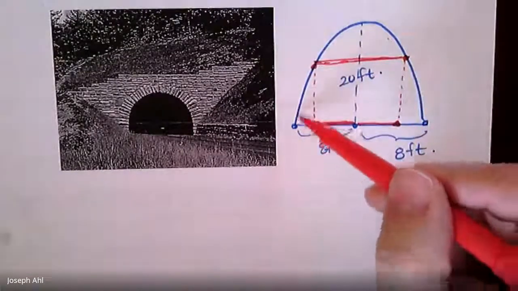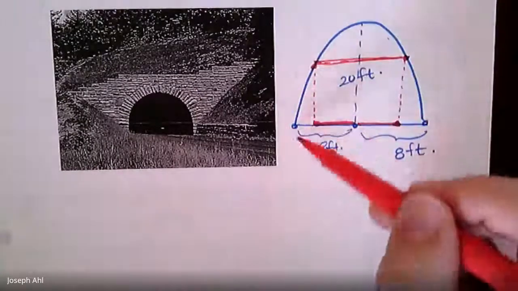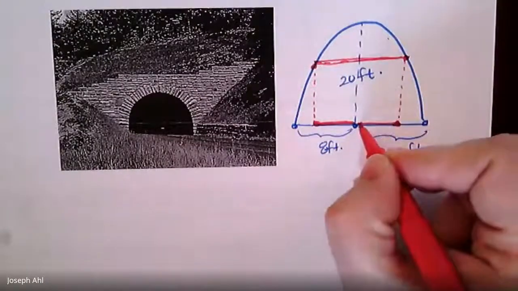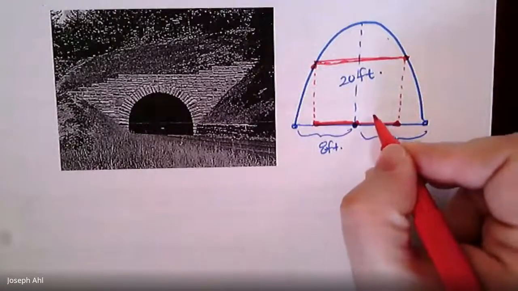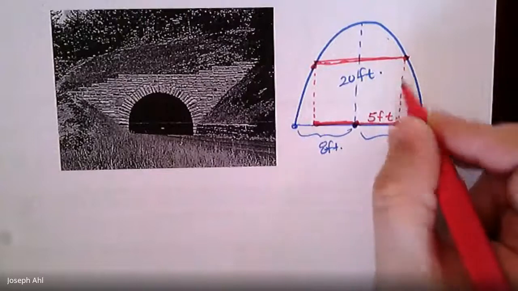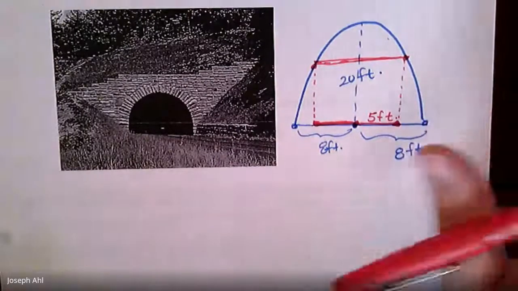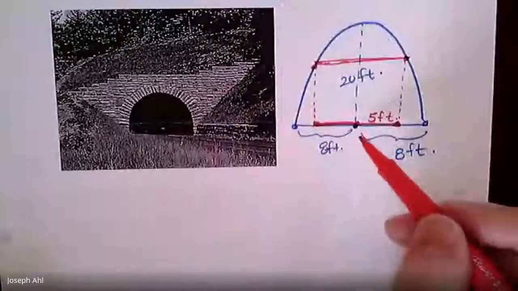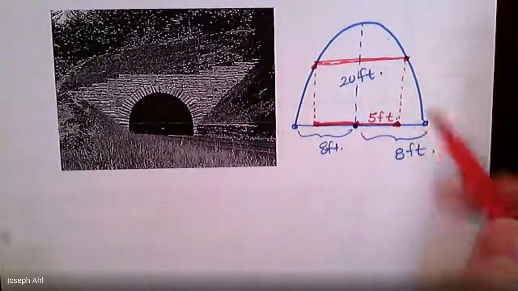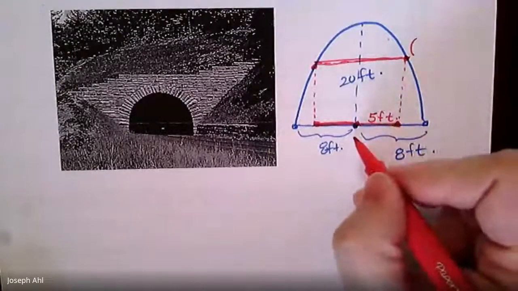Here's how we're going to approach this. We're going to have to come up with the equation of this elliptical path. And then we're going to ask ourselves, if this distance is 5 feet away from the center, what height does that correspond with? I want you to think of almost like a piece of graph paper laying over the top of this right now. So what I'm asking you is when I go 5 feet to the right of the center,